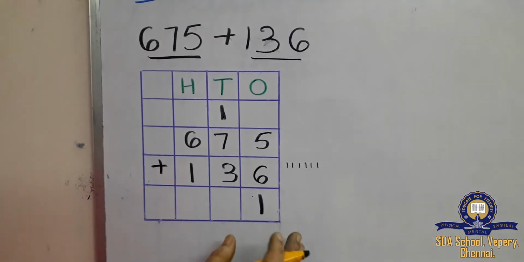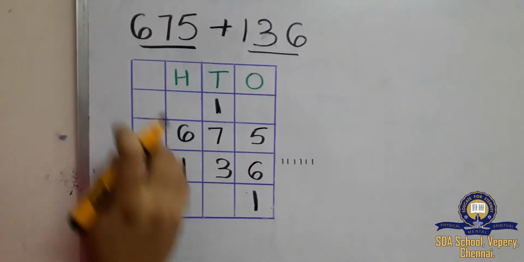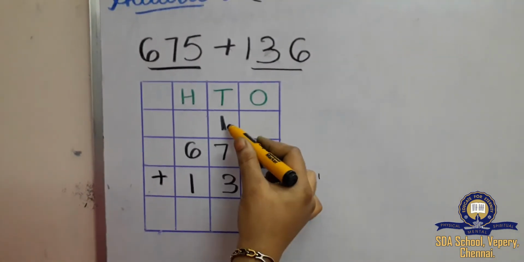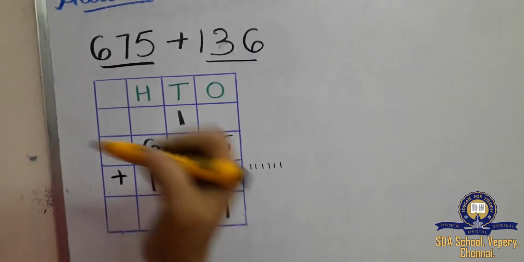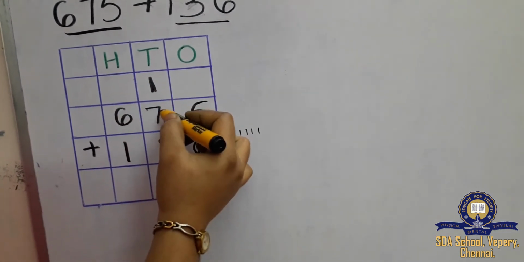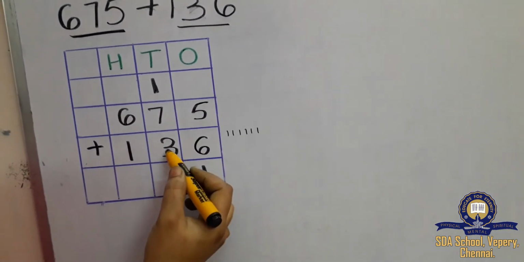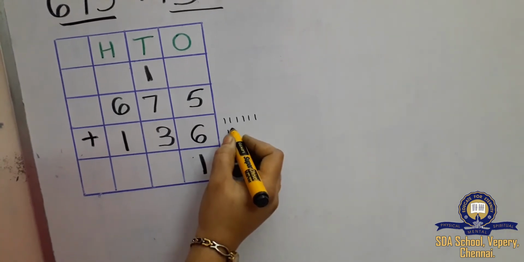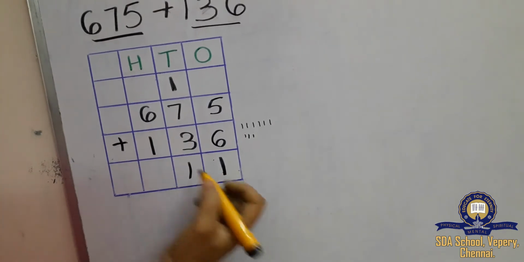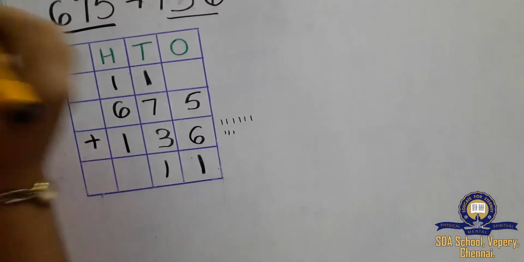So what do we have to do? We have to carry that 1 to the tens place. Now see here, we have to add 1, 7, 3 in the tens. So 1 plus 7 is 8, 8 plus 3 is 9, 10, 11. Right? So again 11: 1 here and 1 again up.